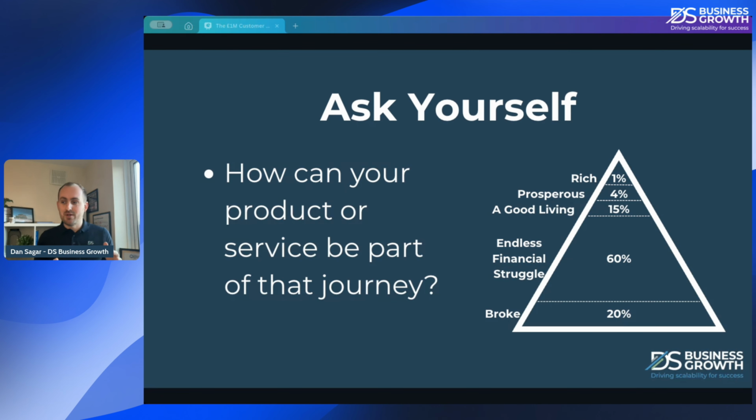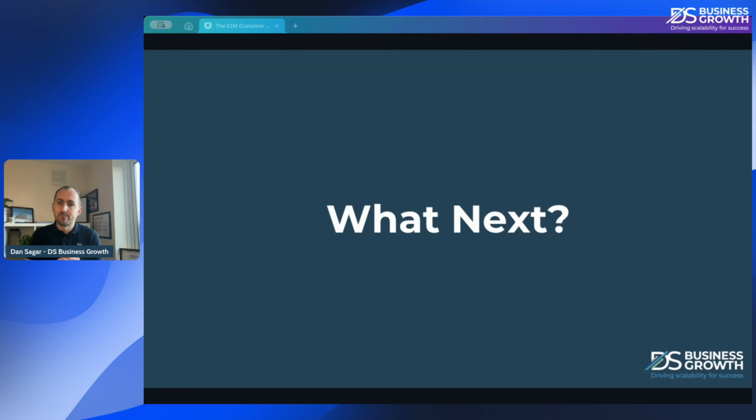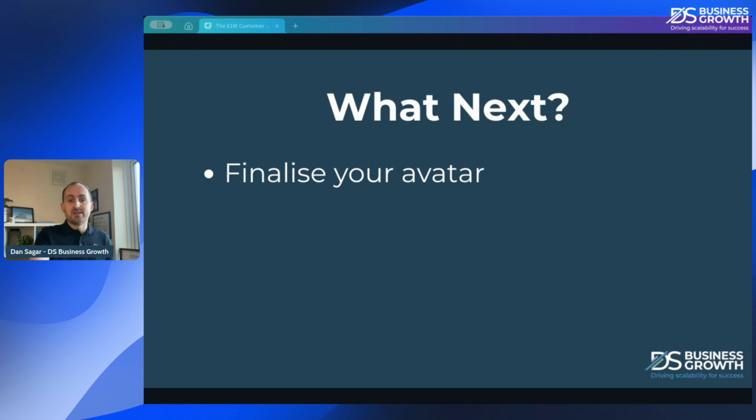So I've gone through that again fairly quickly. It's worth potentially watching this twice, or just taking this away and having a little think about how that would apply to you, your ideal prospects and your ideal clients. But before I wrap up and finish, I want to talk about what's next. That pyramid framework is a way of categorizing businesses based on how well they're doing, from the ones struggling at the bottom to the ones thriving at the top. It's a really powerful tool for understanding your market and then matching your offer to where your ideal customer is right now. So three things I would suggest. First, finalize your avatar.